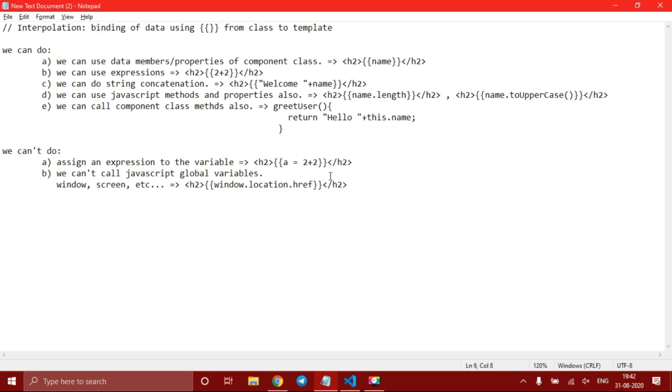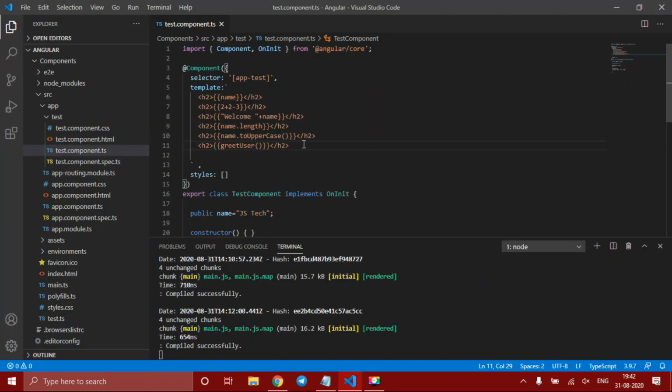There are some things we can't do with interpolation. Those are assigning an expression to a variable. Suppose we take a variable a and we can't assign a value to it like this. Let me show you.